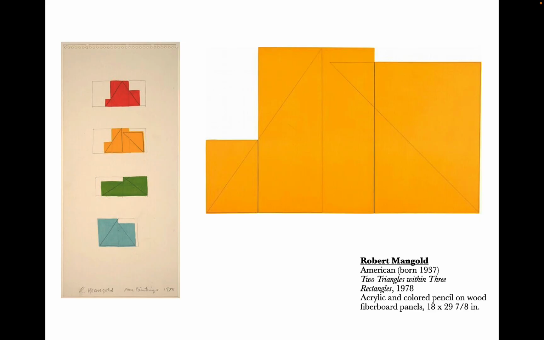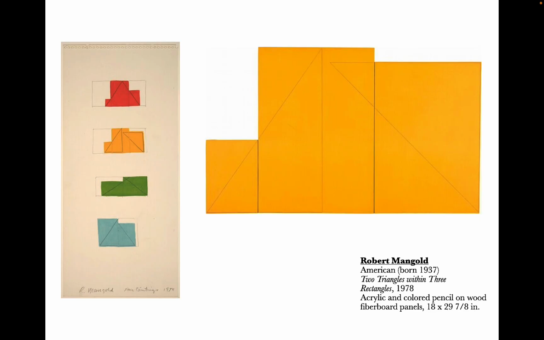This is Robert Mangold, and on the left are some studies that he created before making this finished piece. It's acrylic paint and colored pencil. And I really love seeing how an artist works through their compositions. This is a super simple composition, breaking it down into the most simple shapes of rectangles and triangles, and really using just one color and then the color of the pencil. But I like seeing how this artist tries a lot of different things on a small scale and then makes